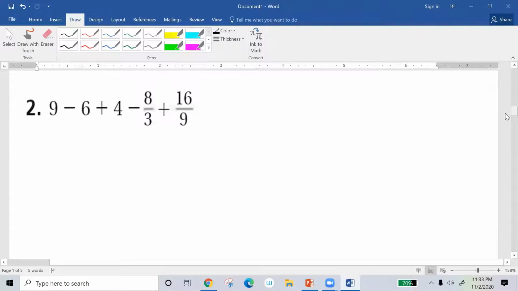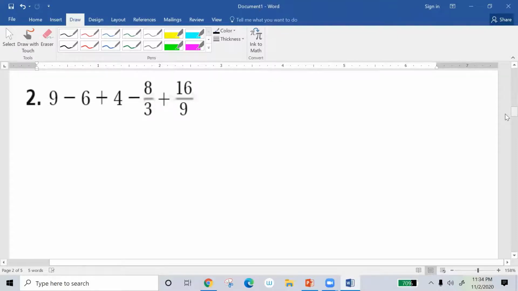Number 2 question. We have 9, -6, plus 4, minus 8 over 3, plus 16 over 9. So same with the previous question. Okay, we need to find first the number of terms. Okay, first step is